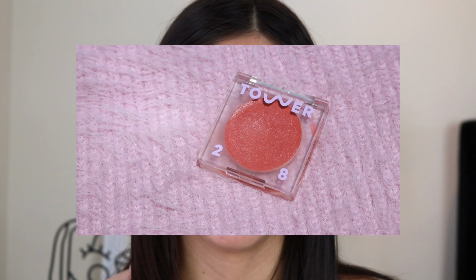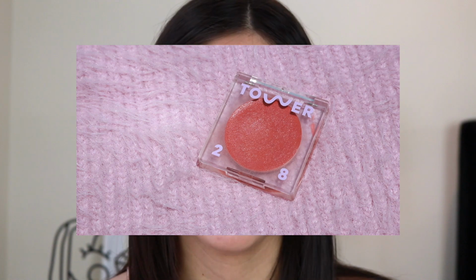Now that that's done, just at the usual places you contour, I'm gonna go in with blush. For blush, I wanted to keep it in the orange-pink family, so peach basically. So I'm gonna go in with the Tower 28 Beach Please Luminous Tinted Balm in Golden Hour,